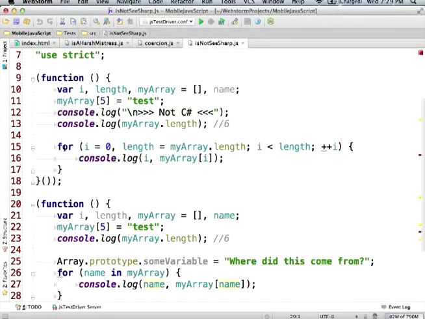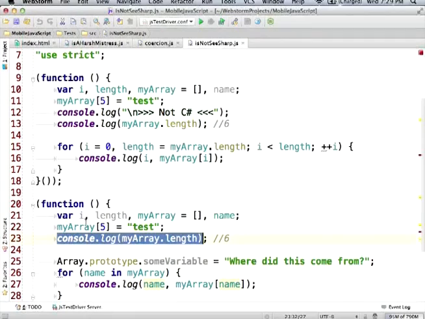So what we have here is just two loops. Well, we have a for loop and a for in loop. In each case, we're going to create an array. The fifth element of the array, we're going to set equal to test in both of them. We're going to ask, what's the length of this array in both of them? And in both cases, the length should be 6